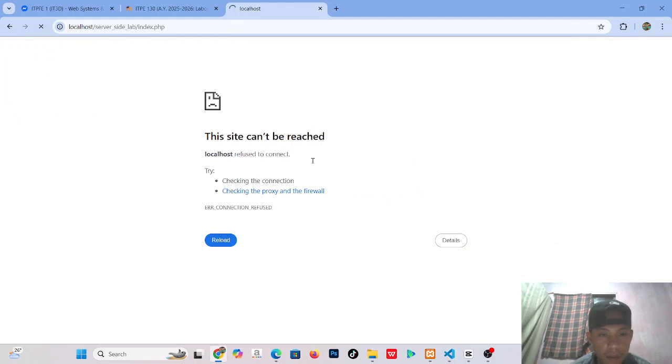As you can see, there is no result or output that shows in this web page, because Apache is the server that executes the PHP code.